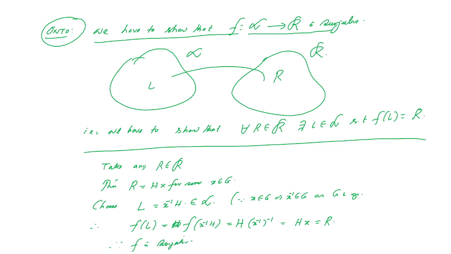So what we proved here, f is surjective. Initially we proved f is injective. So thus our conclusion is, f from script L to script R, the set of all left cosets to the set of all right cosets, is bijective. And hence we can conclude the cardinalities are basically the same. Okay, so this is our